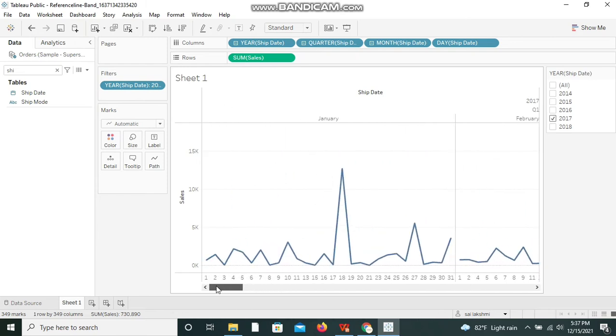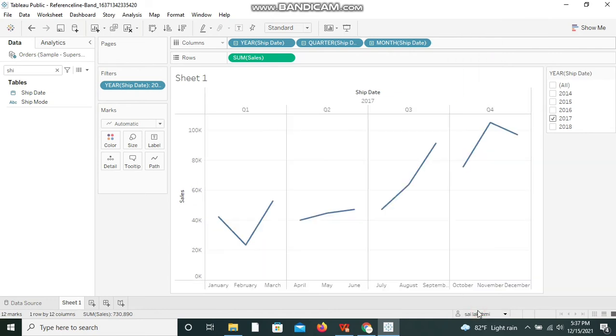Now that we have seen till what level we can create discrete lines, I am removing day for a perfect description of discrete lines. Now we can see, right, it is not continuous. That means for each and every quarter we have a line chart plotted. Like this. This is what we call a discrete line, which is not continuous, which is segregated, grouped and marked into different buckets.